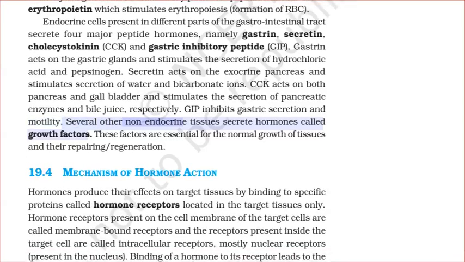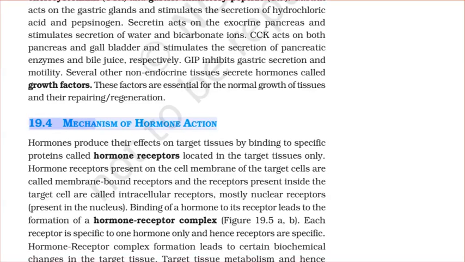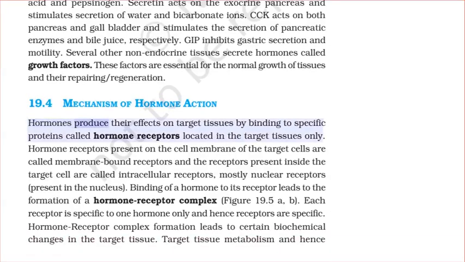Several other non-endocrine tissues secrete hormones called growth factors. These factors are essential for the normal growth of tissues and their repairing and regeneration. Mechanism of hormone action. Hormones produce their effects on target tissues by binding to specific proteins called hormone receptors located